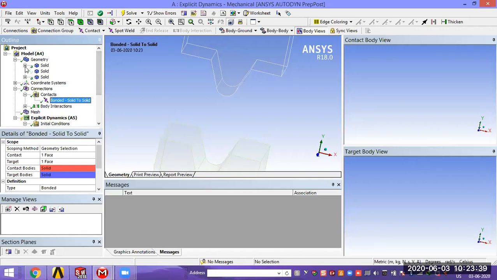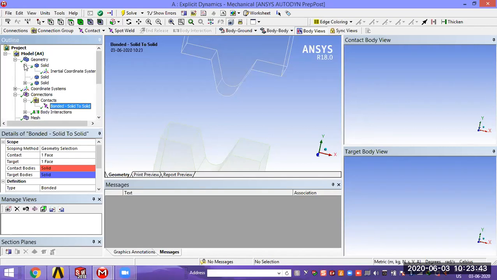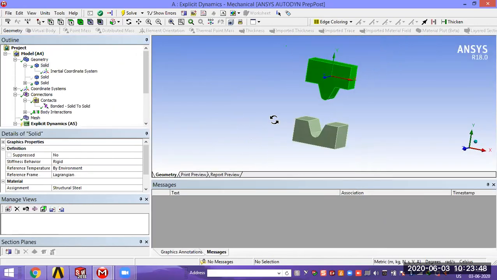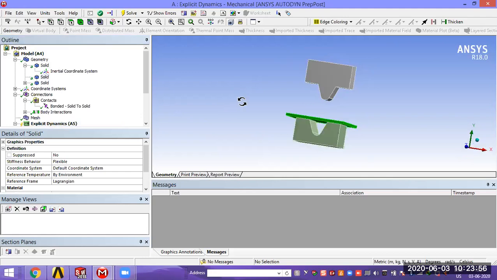See here, material selection. How the material is selecting. Here punch is there and die is there, and the sheet metal I hid. I'm going to show that body. Sheet metal body is there. Now the first step is whether the material is properly defined or not. You are going to select Assigned, not defined. Whether the assigned material is correct or not, we are going to check it out.